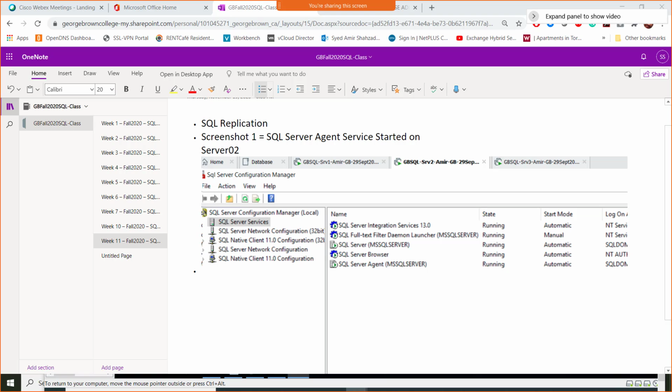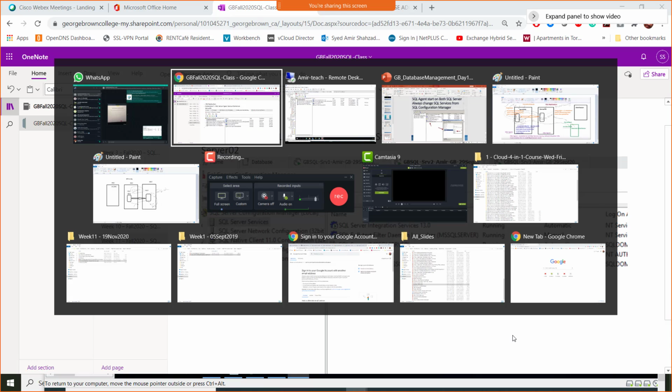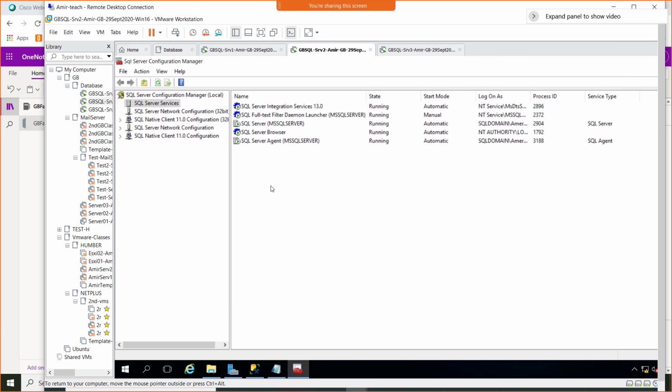SQL Server Agent service started on Server 2. Control V, enter. So it's there now. Okay, let me show you. So this is the screen. Please take a screenshot here, and then